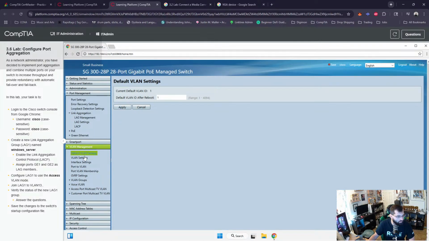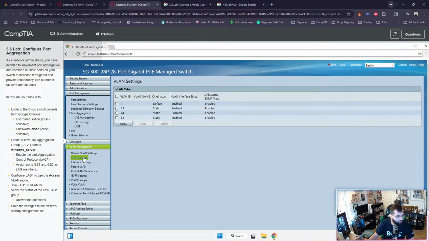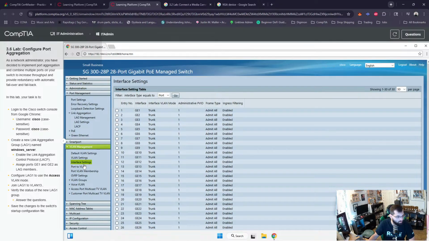Default VLAN ID. VLAN settings. Ah, interface. Is that what I want? No, yes. No, we want to configure the entire LAG1 to access VLAN mode. So maybe it's back in